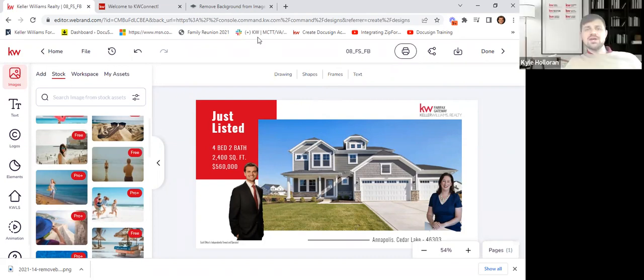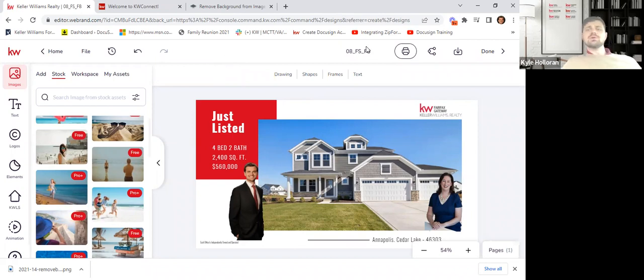Right, so let's talk about how we're going to use this. Now here's the cool thing, guys. This is the exact same process you'll use on every single graphic, social or print, inside of this whole suite. You use the same tool to add photos, add text, edit things. It doesn't matter. So if you can go in here and work on a few of these little things, get them right, it unlocks all of these marketing materials to you.